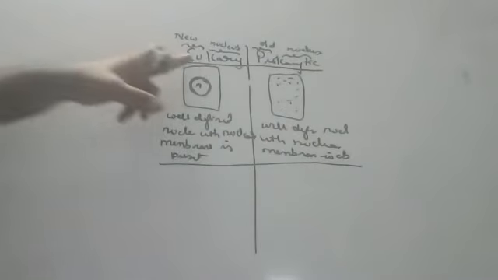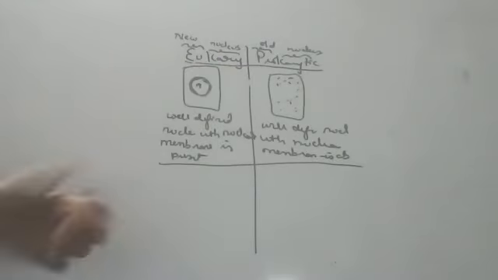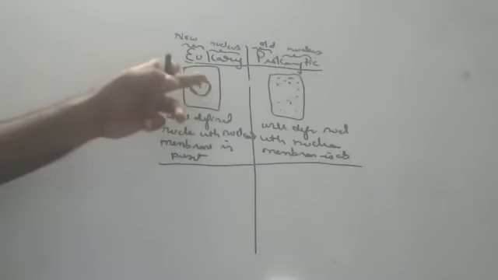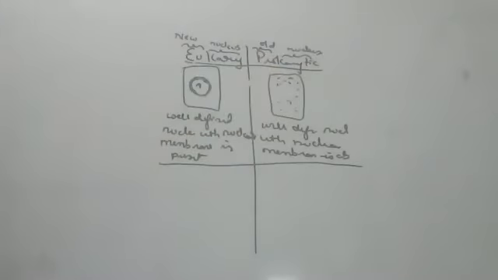First, because of the name itself, eu means true, don't think someone kept a new nucleus inside. No one kept it. Eu means a nucleus with a boundary wall, and pro means a nucleus without a boundary wall. Like that. Okay. Next one, children. Second one. Apart from this, the other important differences are